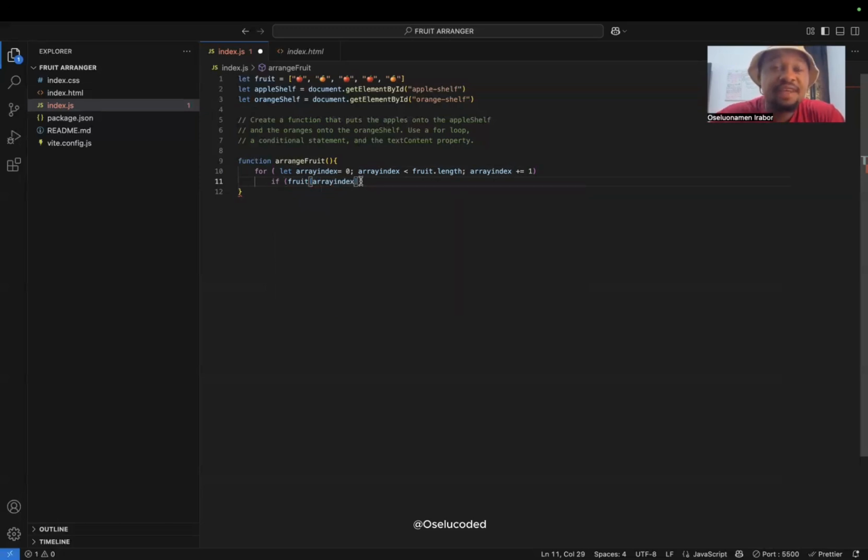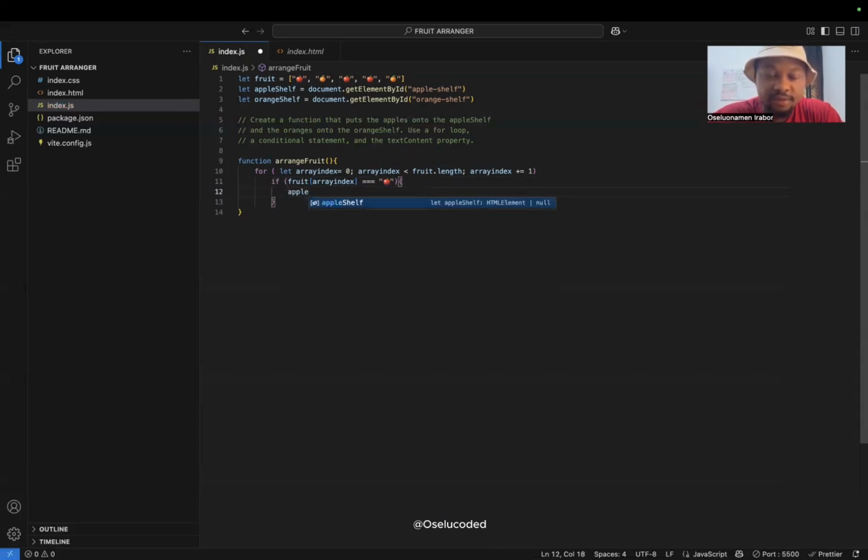So we're saying if the first step is 0, so if fruits 0 is equal to, three equal signs, because one equal sign is an assignment, three is a comparison. So that's how I understand that. So if the first index, which is 0, is an apple, right? In curly brackets,